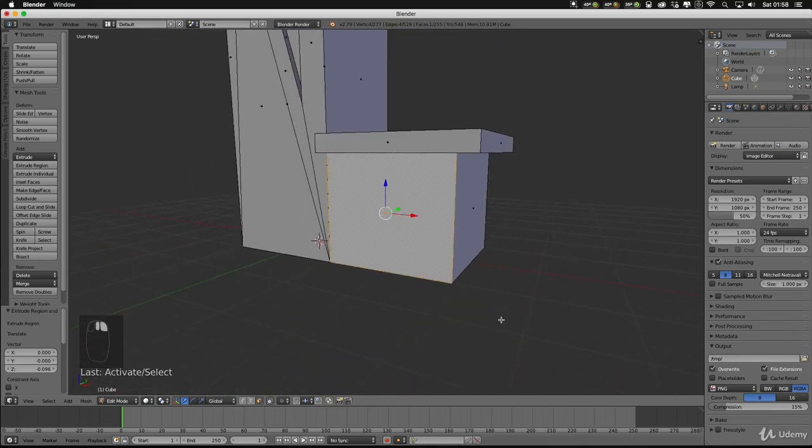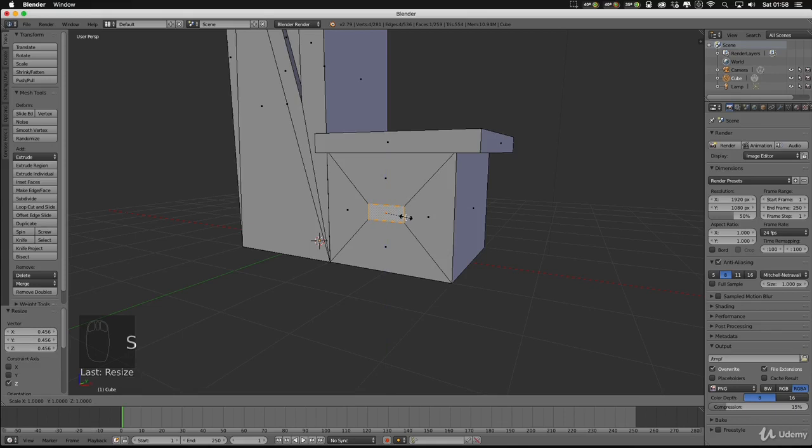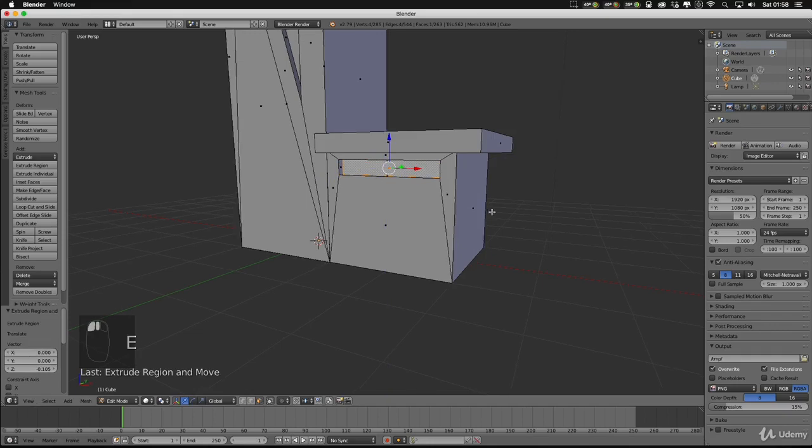So I'm just going to add in some extra windows here. So E to extrude, and then I'm going to scale that down. I'm going to make this a long window, so I'm going to scale it along the Z axis, and then scale it along the X axis, and then move it up, and then extrude it in again.